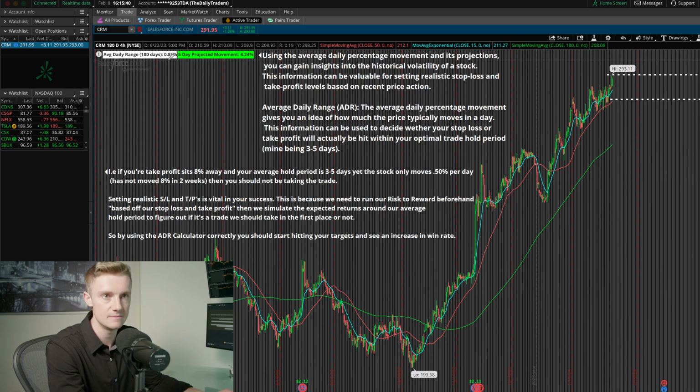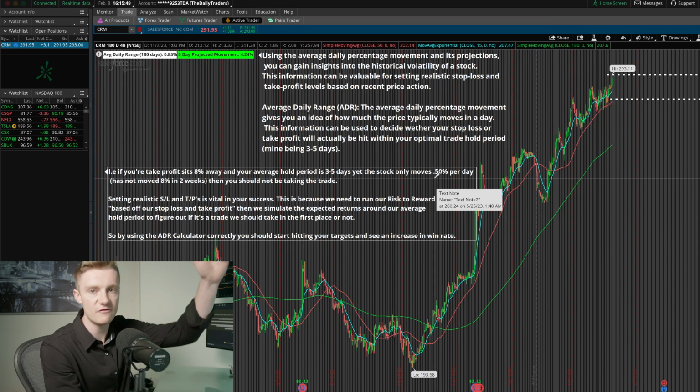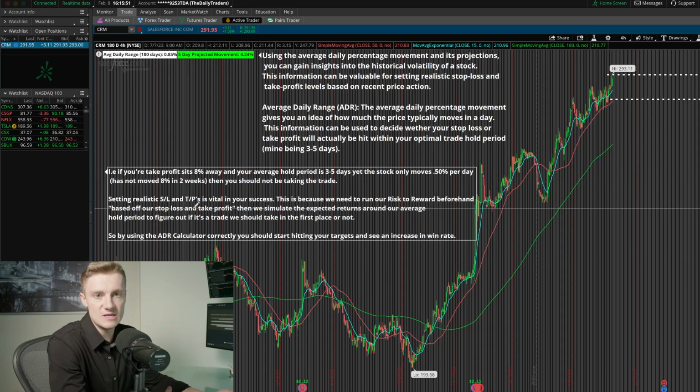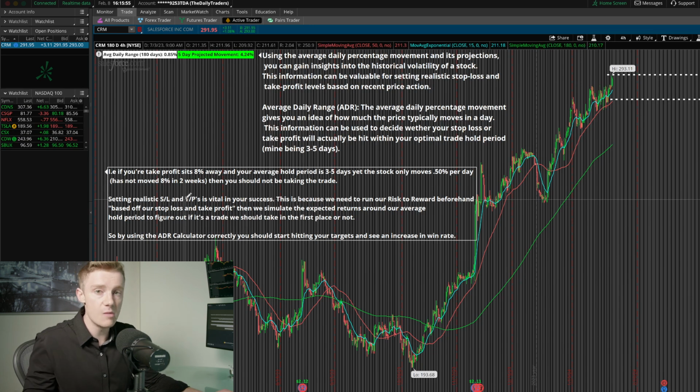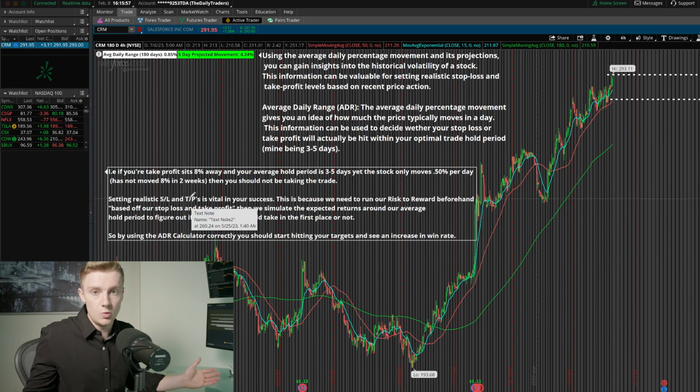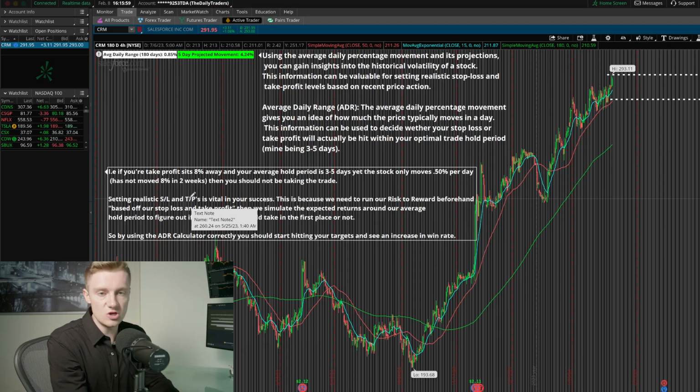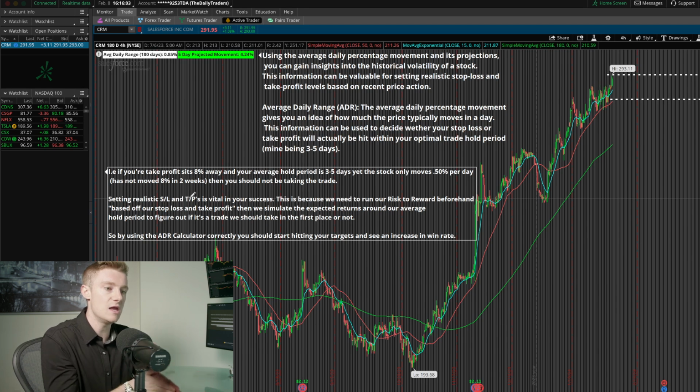Which we'll be able to see based off of the white box right here. So say that stock you're going to trade only moves 0.5% a day, yet you set your take profit 8% away, which means, looking at the chart, that stock has not moved 8% in 2 weeks. Well, then you shouldn't be taking that trade, because you're not going to hit that target within your optimal hold